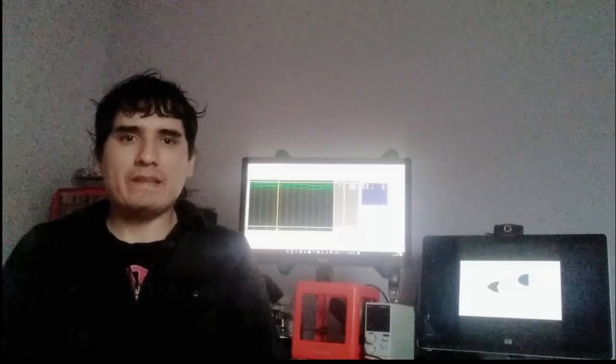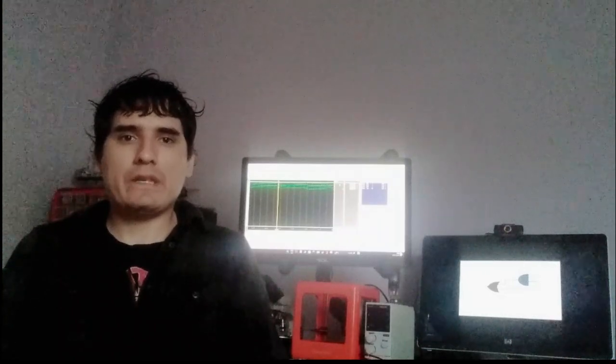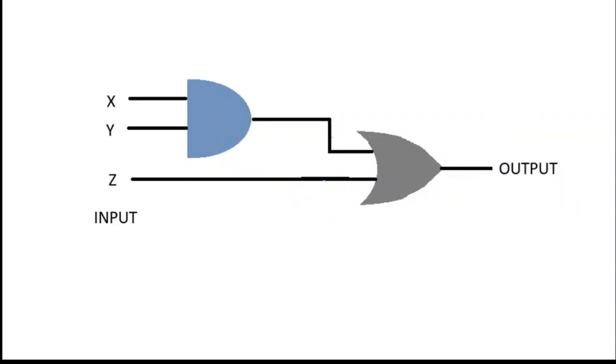Hello, I will be showing a FPGA demo that interacts with a VGA display. In the digital world, everything is dealt with in terms of signals, and they can be a result of combinational logic or sequential logic for the most part. And in here I have an example of a combinational logic circuit that basically has three input signals and it